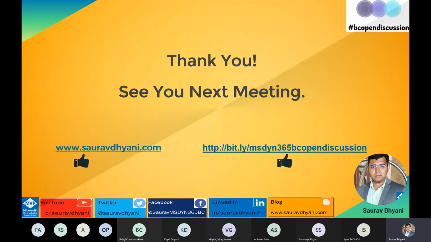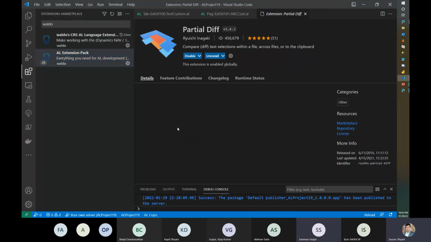As in, you'll have to compare the files as well. Anyone else knows anything that can help in comparison? I don't know. Waldo pack also has something for comparison. We just saw it. Partial diff. I haven't used it,